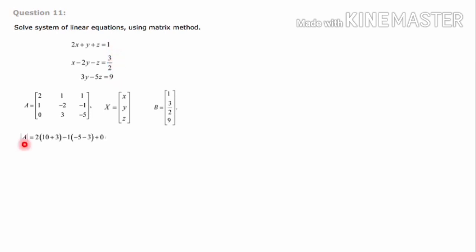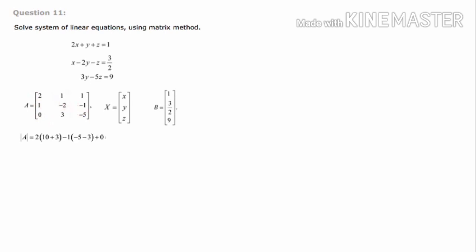Let's go for calculating determinant A. Since there is one element in the first column that is 0, we can expand along the first column. That will be easy for us to calculate. So first element is 2. If you take 2, 2 into that particular column and row is gone. Then minus 2 into minus 5. Minus into minus plus, 2 into 5 is 10. Again minus, there is one more minus here, that is minus 1. 2 minuses together, it will be plus. So plus 3 into 1, that is 3. Next sign is minus and element is 1. This one, 1 into that particular row and column is gone.